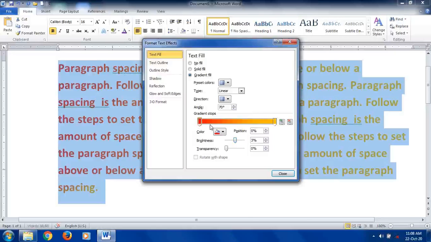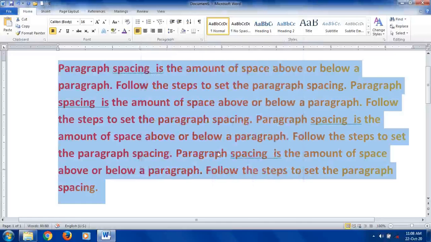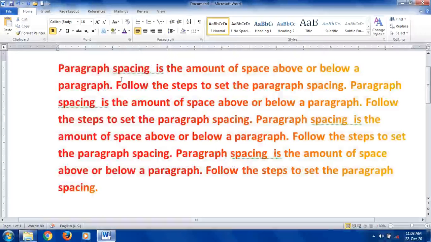Then how much red shade you want, you can apply it. You can pull this slider. When you pull it, that color gets adjusted, so more red and a little bit of orange color, then just click on the close button. You can see the effect, how it is showing red color, and at the end we have orange, a yellowish color. So in this way you can give different types of effects to your text by using this text color or font color option.